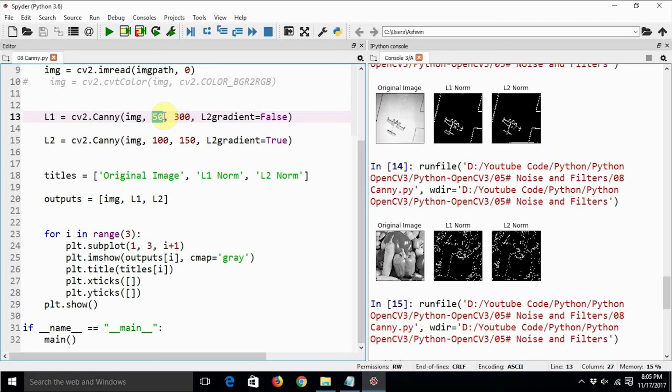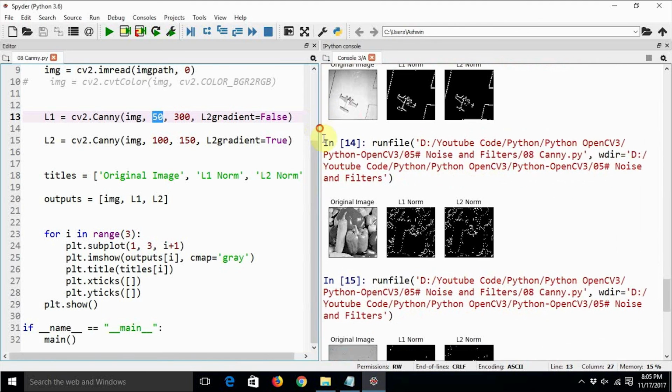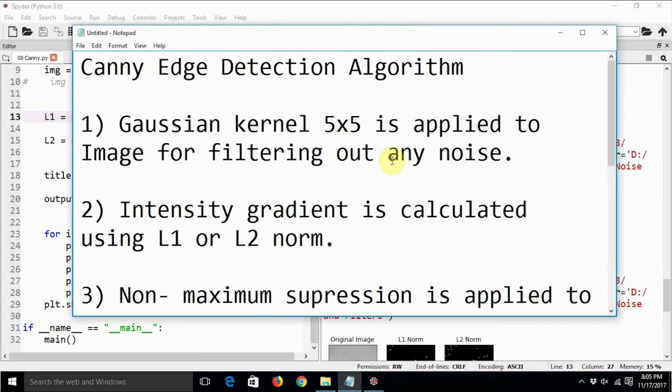Then there should be another slider which decides whether it should be L1 gradient or L2 gradient, and then it should finally calculate the Canny edge detection using L2 or L1 norm and gradient 1 and gradient 2 as inputs. That could be taken as a mini project. So I hope that you are clear now with the idea of the customized Canny edge detection algorithm.